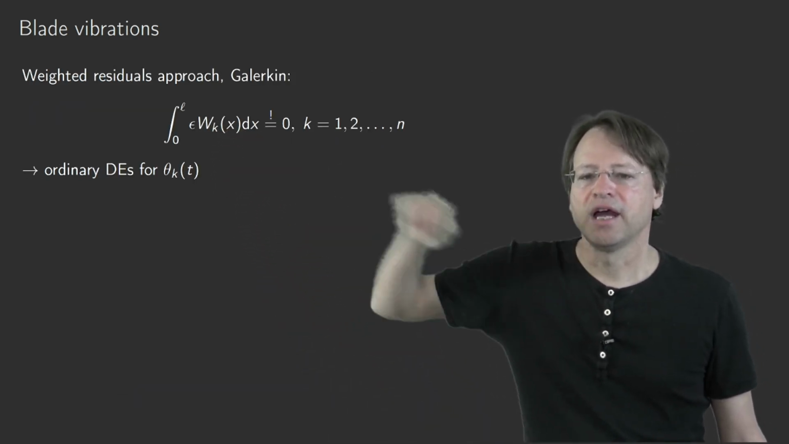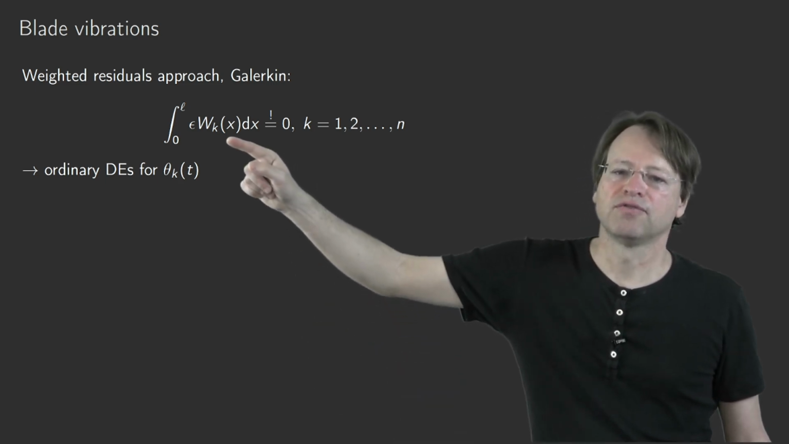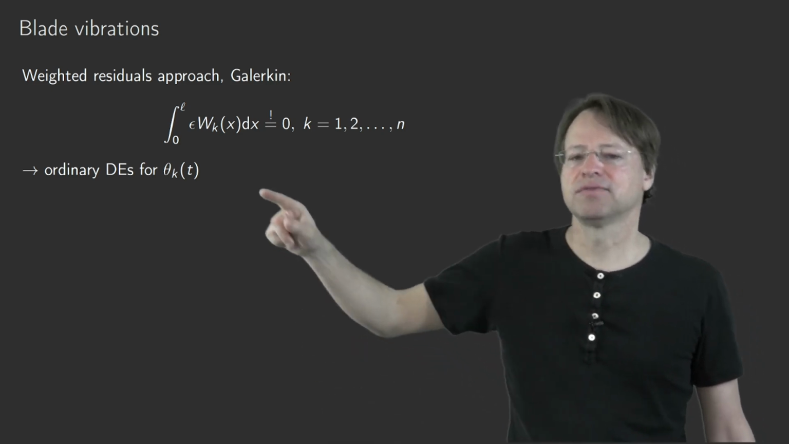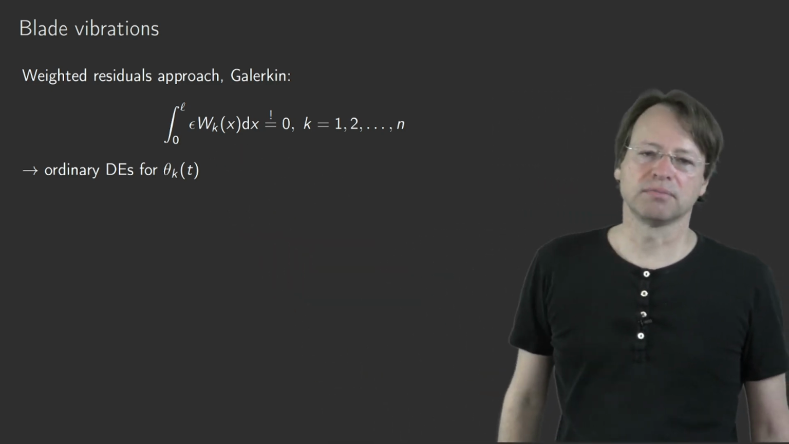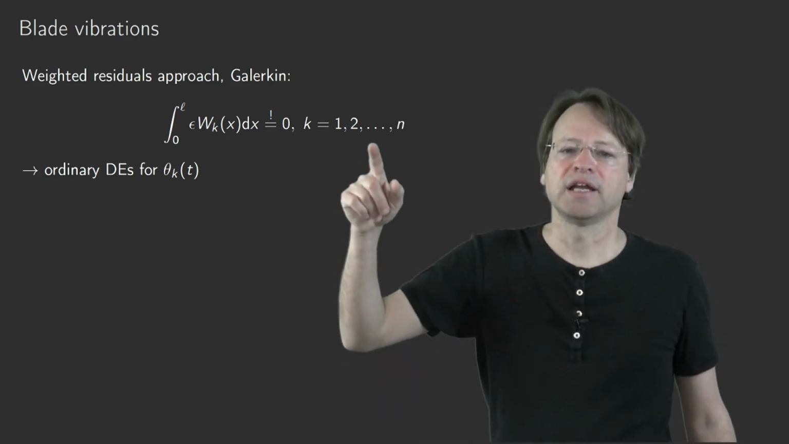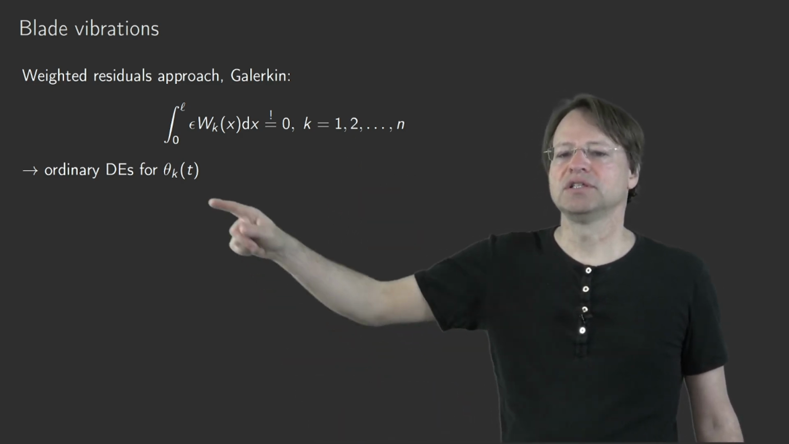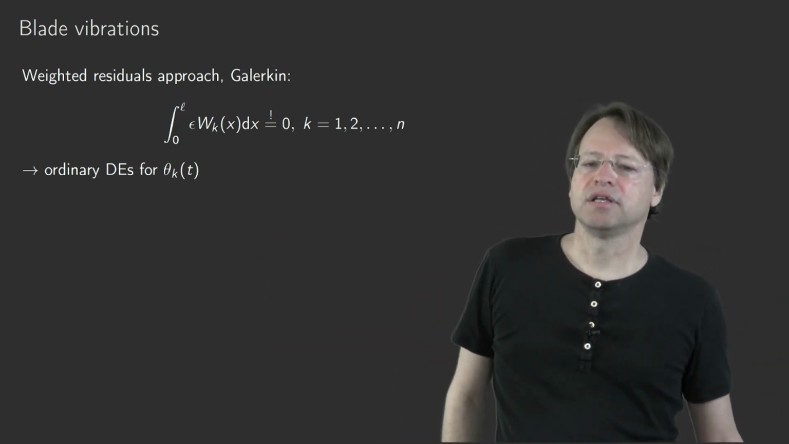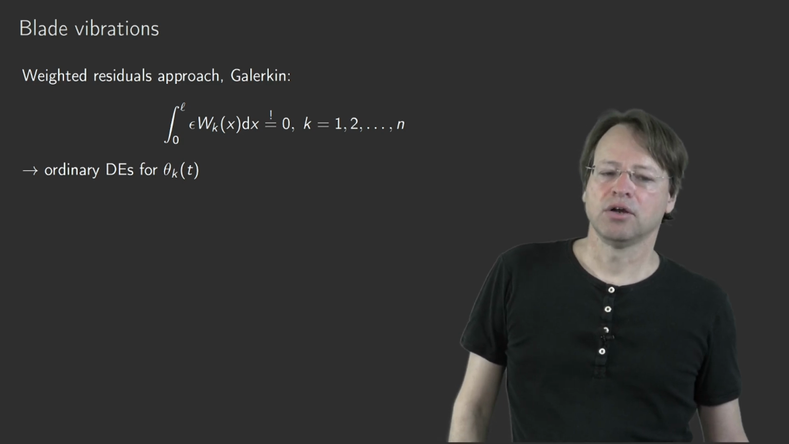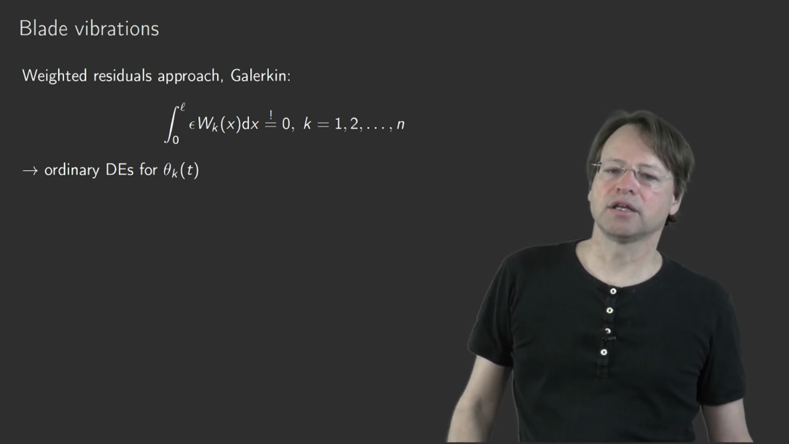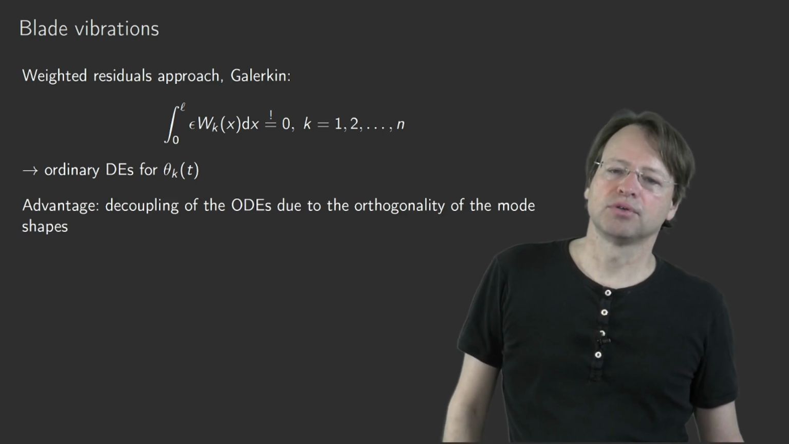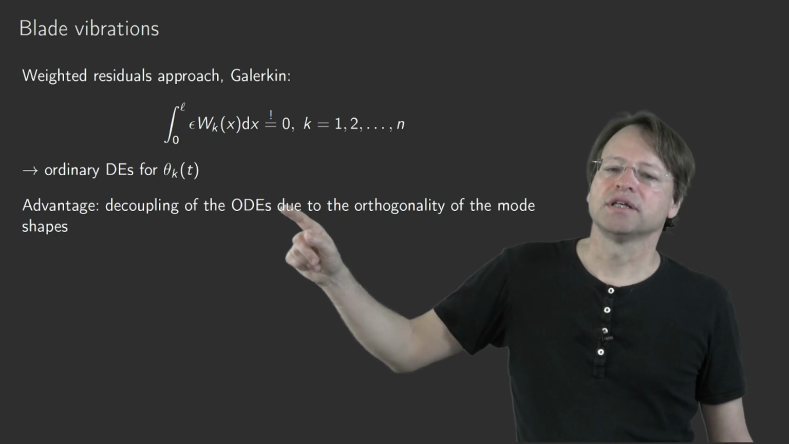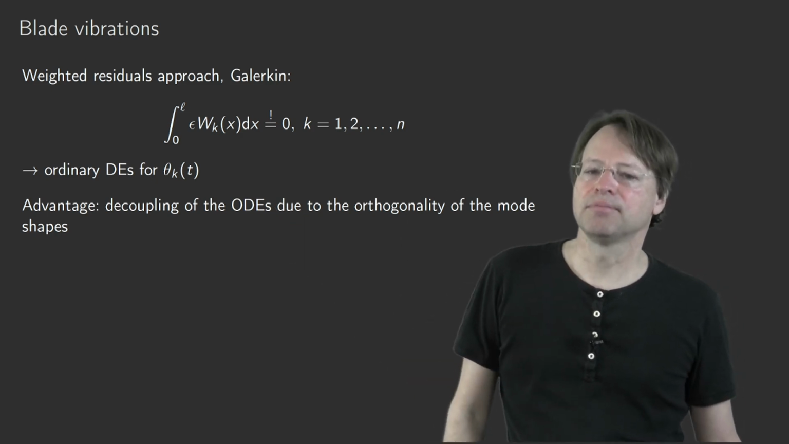Here it sits, and we project it on that function space that is spanned by our base vectors, and these base vectors are again the eigenfunctions, so the mode shapes. Again, n mode shapes. And this leads then to ordinary differential equations for the expansion coefficients theta k of t. And the advantage of this approach is, as you will see in a few moments, that these ordinary differential equations then decouple